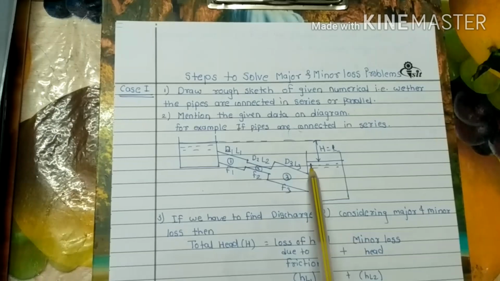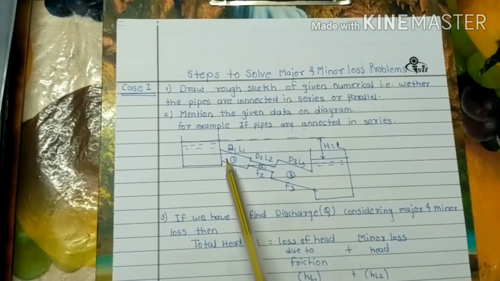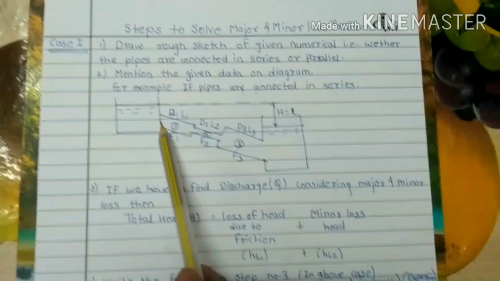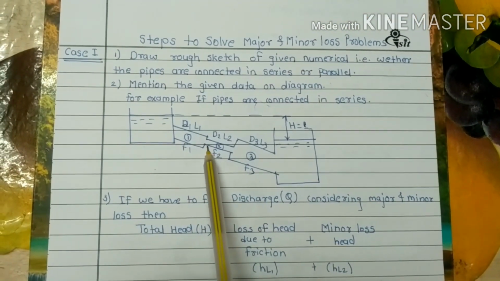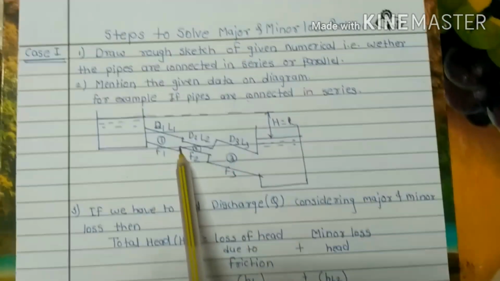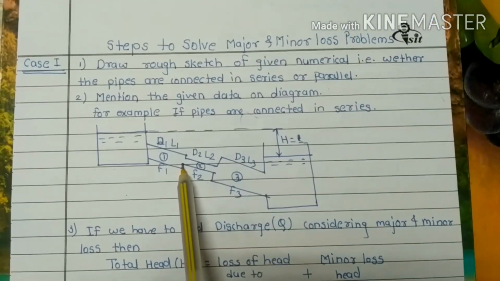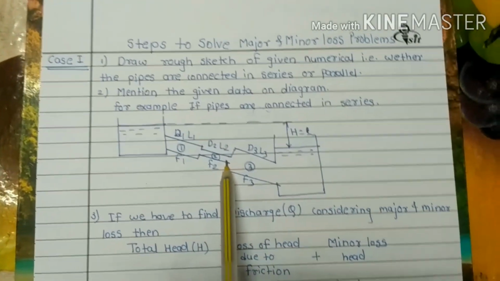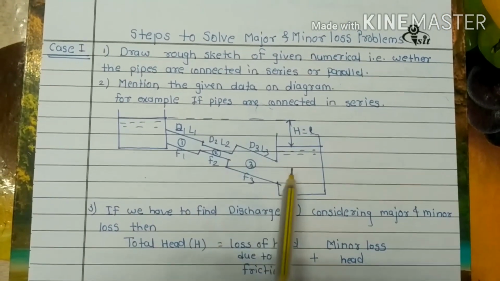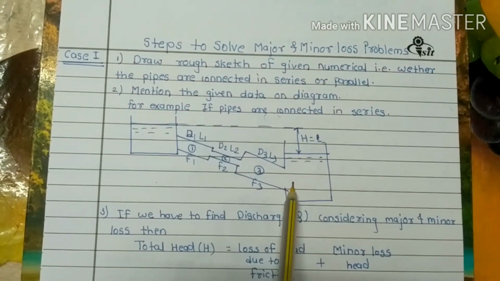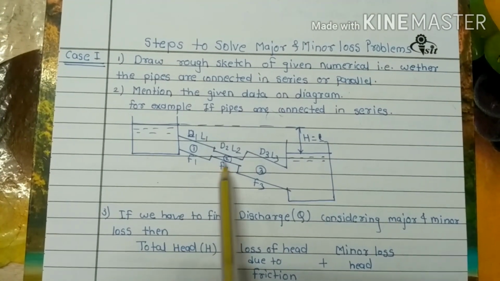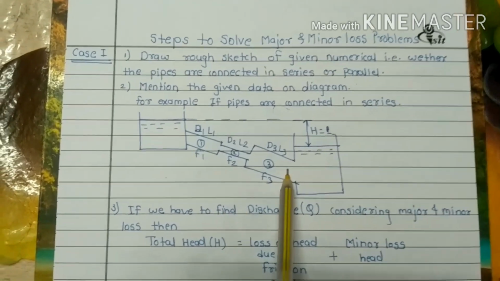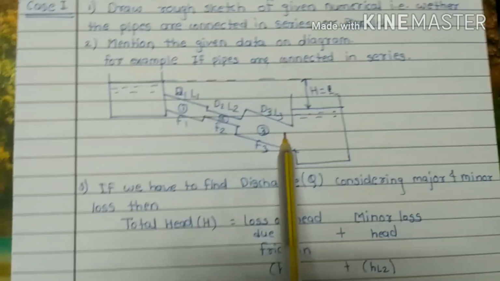Next, while considering minor losses, we can easily find that here the fluid is entering into the pipe, so there is a fluid entrance loss. Here the diameter is decreased, that is, it is a contraction, so here is the contraction loss. Here the pipe diameter increases, so here is the expansion loss, and at the end the exit loss. So there are entrance loss, contraction, expansion and exit. There are four minor losses present here, so we can easily write the formula by looking at the diagram.